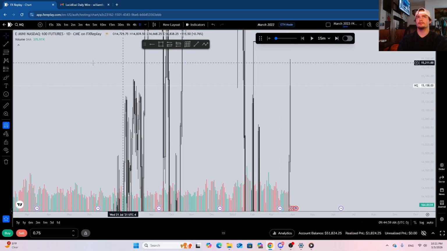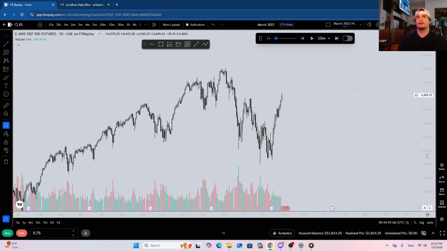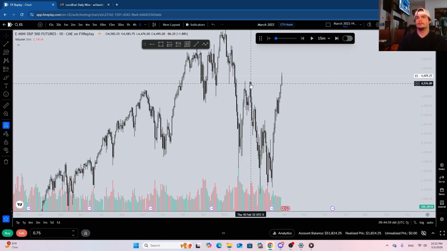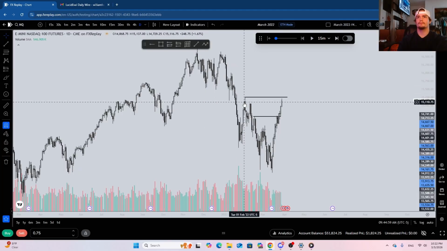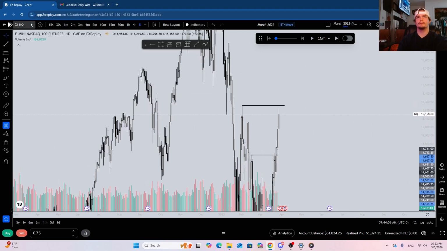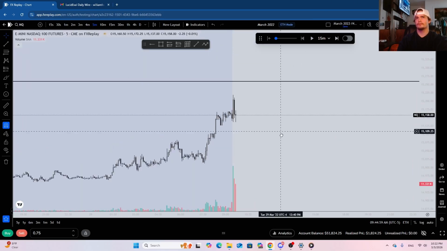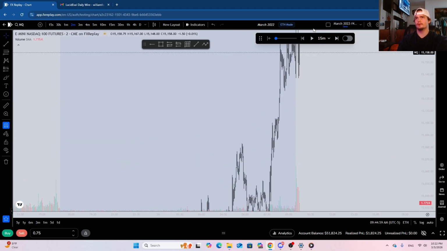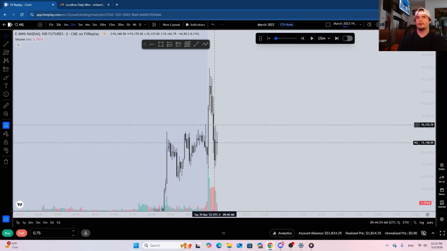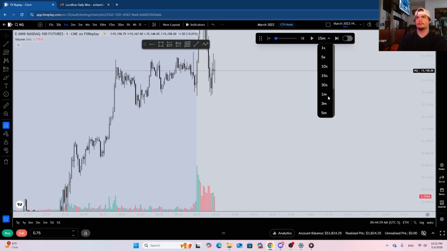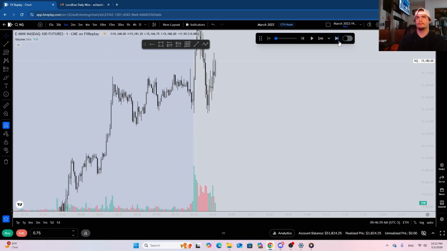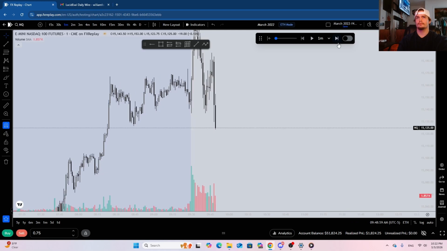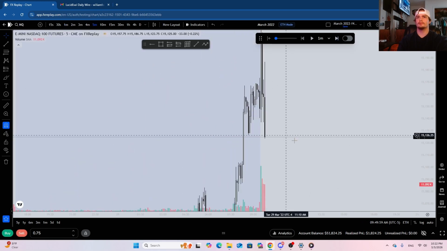Alright, let's see if ES end up taking out this daily high. So what day was this? 22nd of February. 22nd of February. So we have made an SMT right here. If we see here, we have a lot of stack lows below. React pretty heavily, so we retrace back into this breaker. See if we can get some sort of displacement lower. Okay, we do start getting some displacement here.